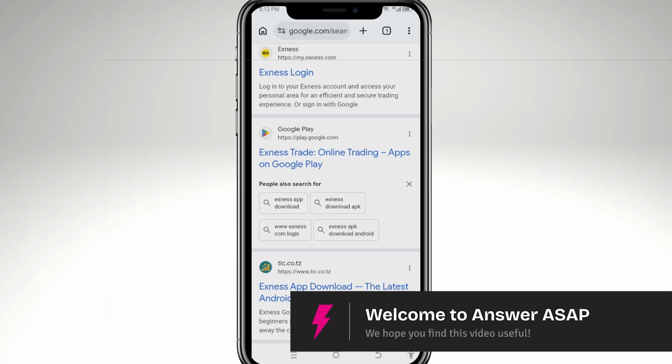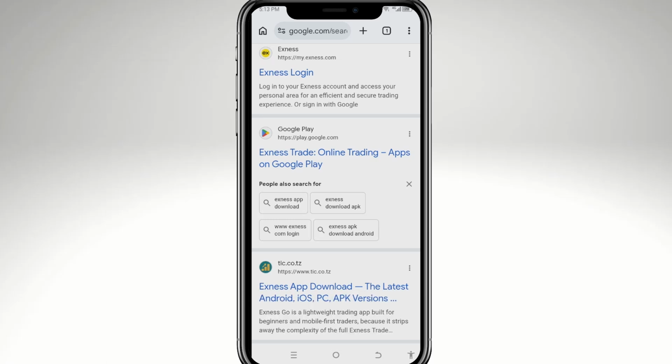In today's video, we are going to show you how to install the Exness app on your Android device. Let's begin. The first thing that you need to do is unlock your Android phone and go to the Google